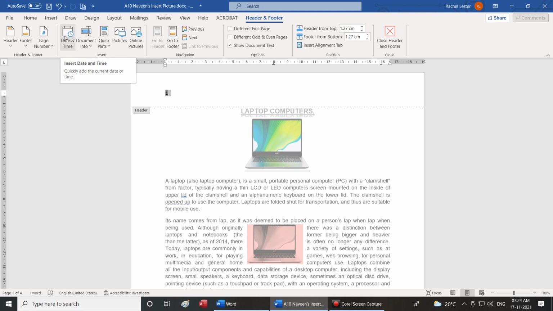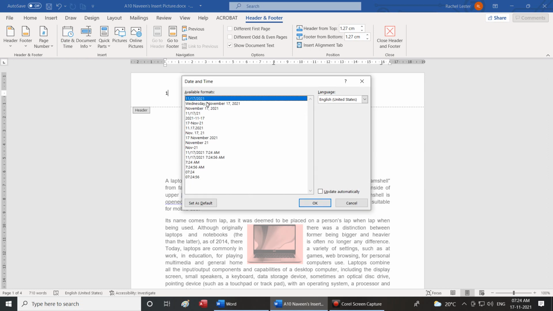This option quickly adds the current date and time. Say, assuming I am in this header, I just say date and time, and it allows me to select from the big list of formats in which I want the date and time.